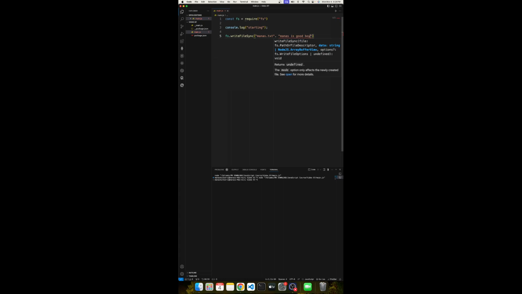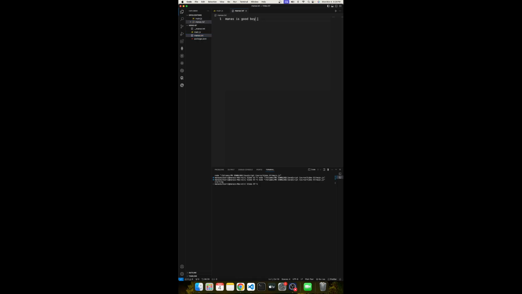Okay, so there is some error, yeah. So whenever I run this, I have to delete this. Whenever I run this particular file, you can see there is a new file made as manas.txt. So this file is here, and in this file